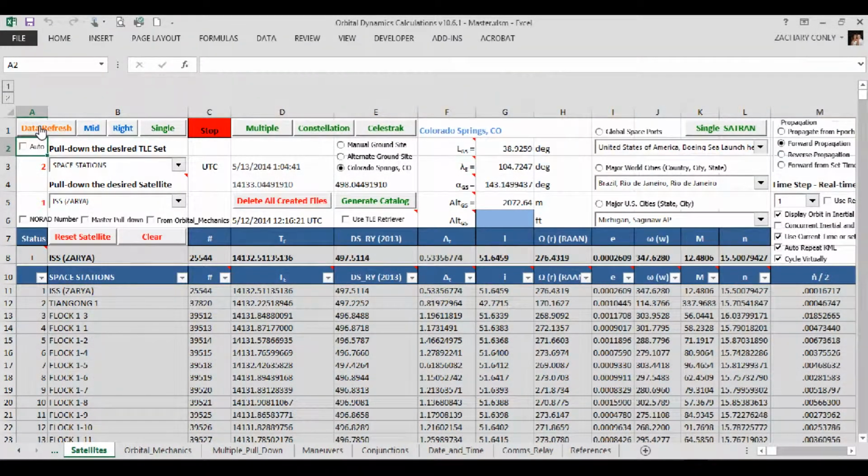But for the time being, that concludes today's lesson on the multiple pull down section of the orbital dynamics calculation